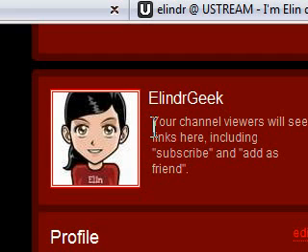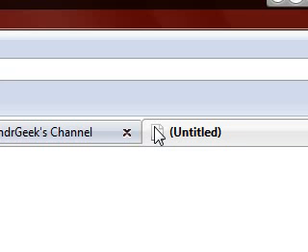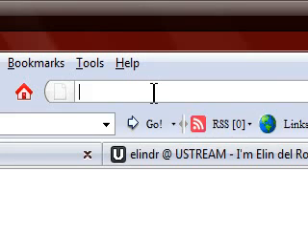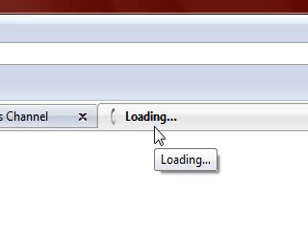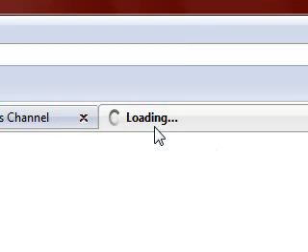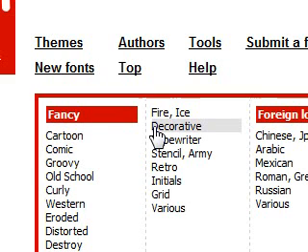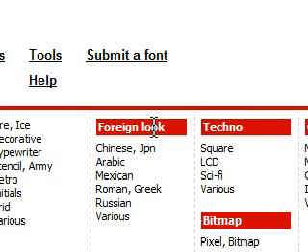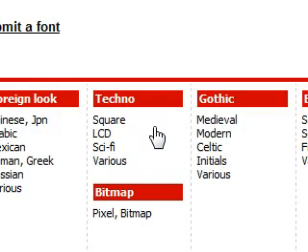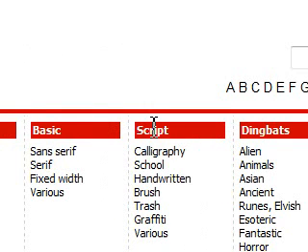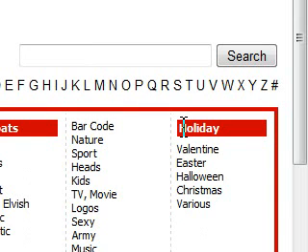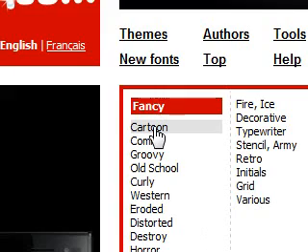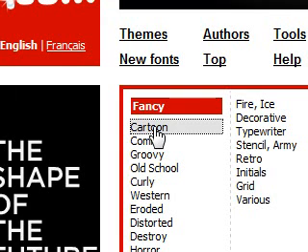I'm going to show you how to install fonts from the internet to your computer. So first, let's go to thefont.com. It is where you can download different kinds of fonts. There are fancy, foreign look, techno, bitmap, gothic, basic, script, dingbats, and holiday fonts. Let's go to cartoon under fancy,